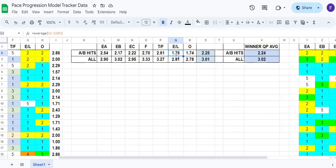Horses that are finishing in the top rating in the early, late, and overall are really doing well. And I said before, that's pretty much going to be a no-brainer, because the early, late is a combination of the early part of the race and the late part of the race, thrown together as an average, and the overall is simply the average of all three of the early sectors and the rest of the factors as well. So therefore, obviously, you're going to get your best rating. But my point is, I want to dig deeper and find out